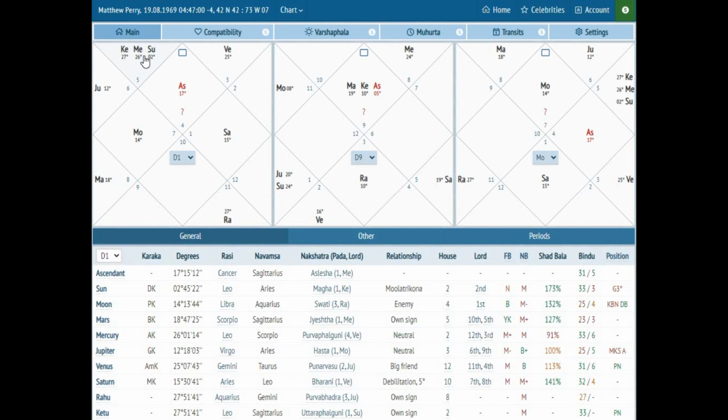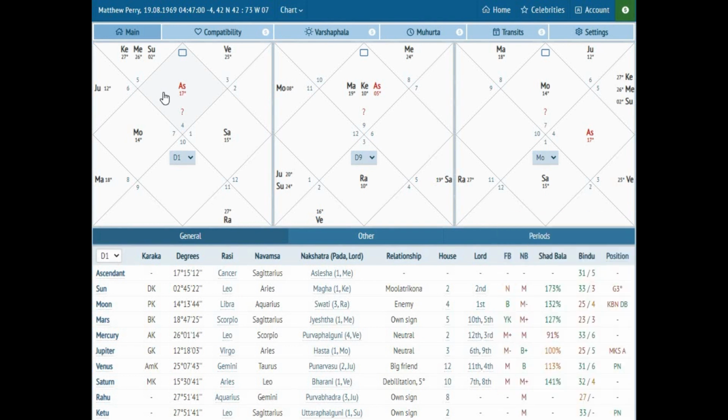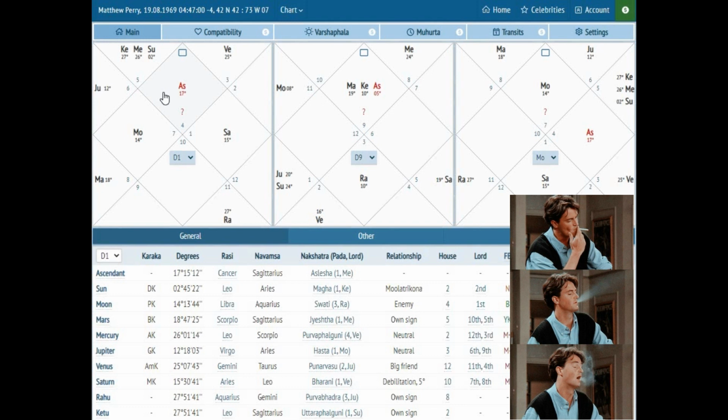When you're making a decision, or you don't understand what you should do, and you know your chart, it's easy to make decisions, because you understand your purpose, what your strongest positions are, what your weakest positions are, and what you can do